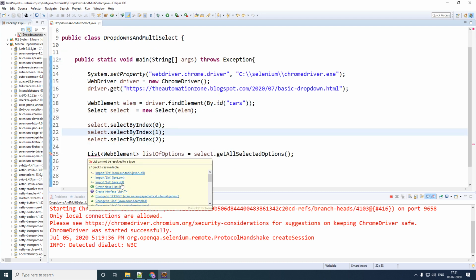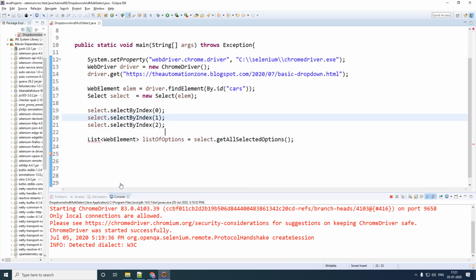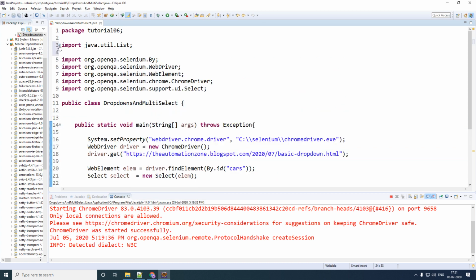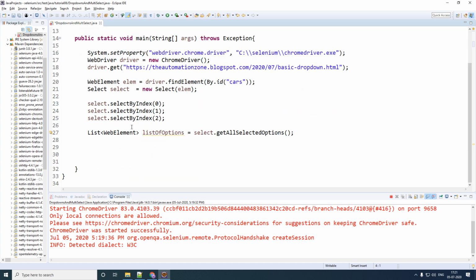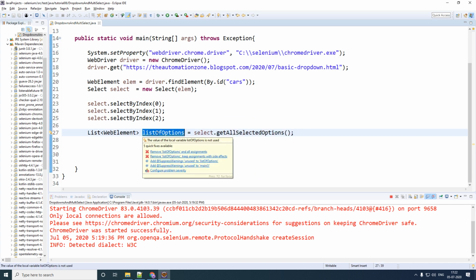Make sure that you're importing from java.util and not from any other library. So again, over here it is java.util.List and not anything else. This is going to return a list of web elements, which you are then saving in this variable called listOfOptions.